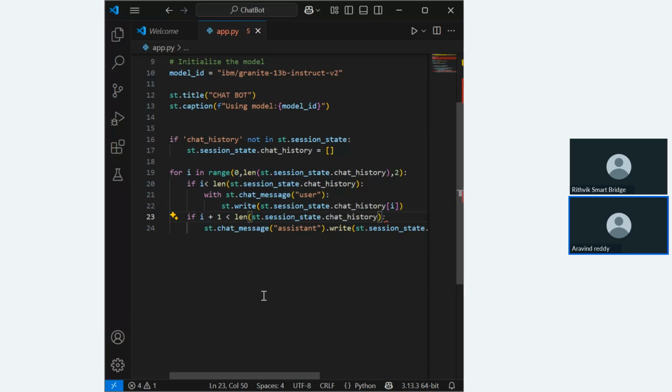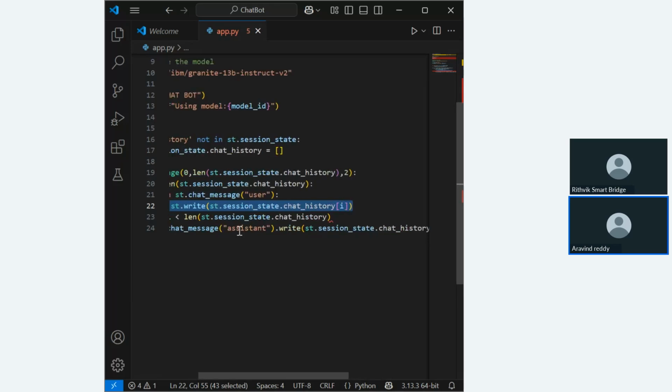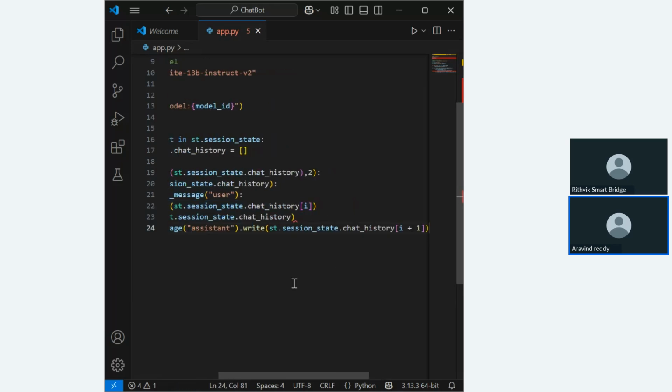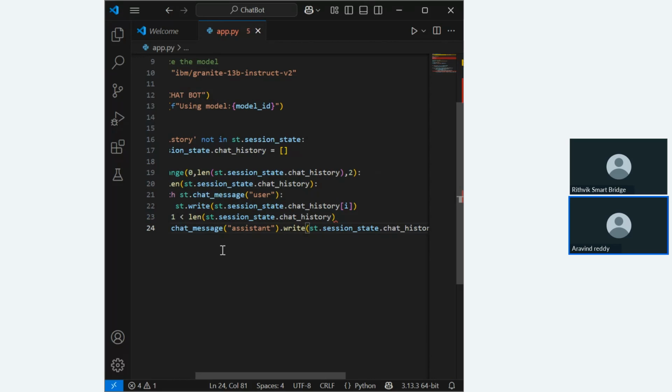Okay. In this session state we are going to print the user output, and in this session state we're going to print the history of the assistant, means the output of the Granite output. Okay. Now what I'm going to do,